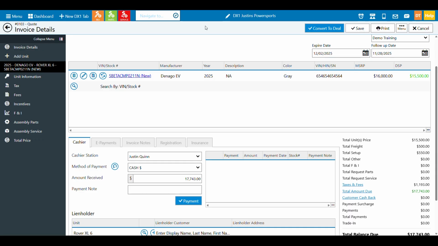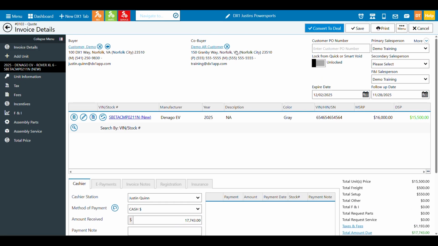All right, in this chapter, we're talking about the F&I portion of a deal, specifically how to search and add F&I products and get them in the deal, and then how you can modify them. This is an important chapter, in particular, if you work in an F&I office or sell F&I products. If that's not you, make sure your F&I person at least watches this chapter.